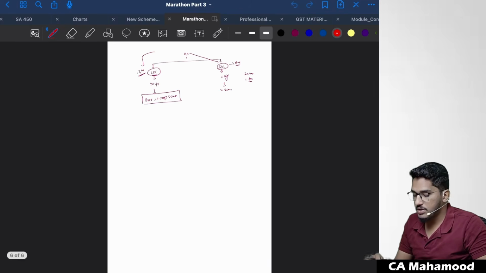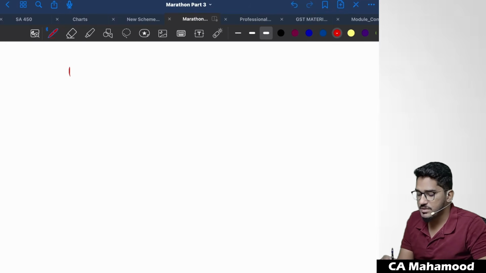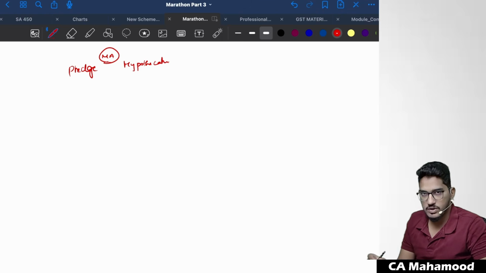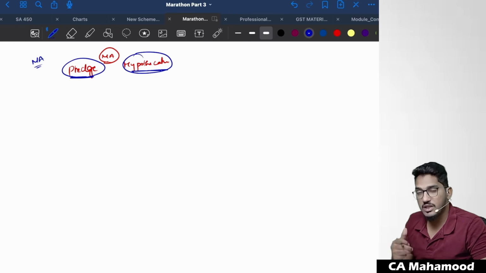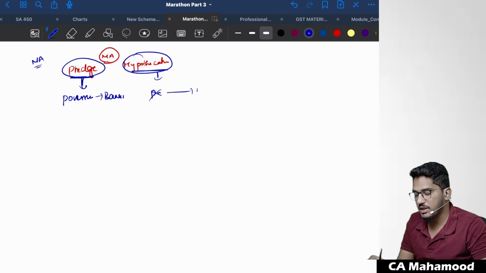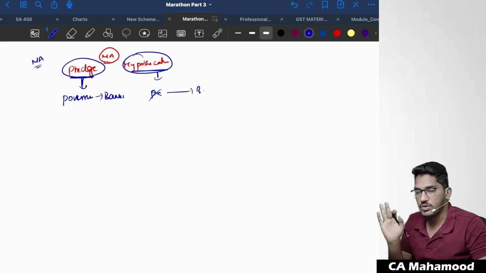Now, the two other popular modes of creation of security are pledge and hypothecation. Both the terms pledge and hypothecation are used when movable assets are given as security. When what is given as security? When movable assets are given as security, we use the terms pledge and hypothecation. In both cases, the asset being offered as security will be a movable asset. So if in both cases movable assets are given as security, then what is the difference between the two? Pledge is the case where the possession of the movable asset will be transferred to the lender, that is, in our case, the banker. Whereas in the case of hypothecation, neither possession nor ownership, nothing will get transferred to the banker. Both will remain with the owner of that asset only.